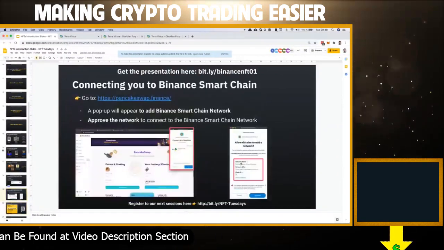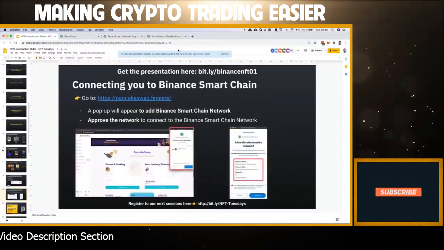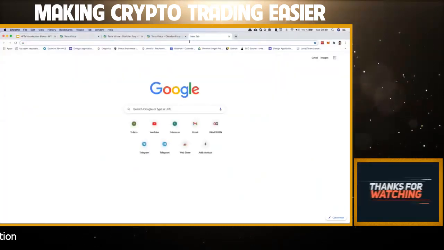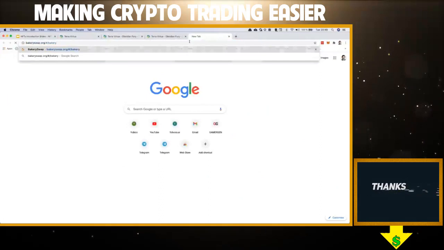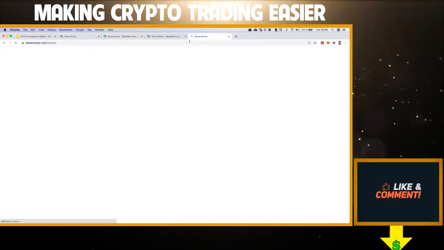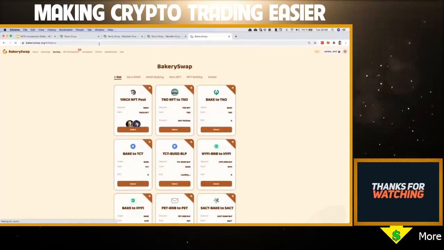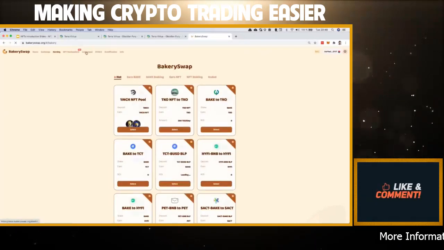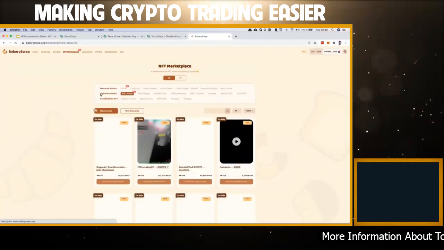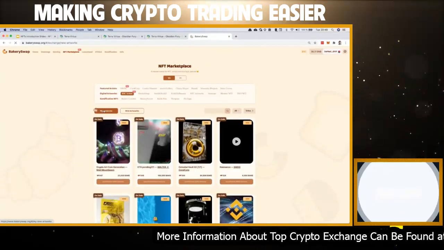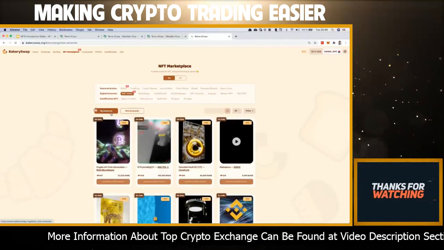Then, let's begin to create our first NFT together. So I'm going to go inside Bakery Swap. Bakery Swap is great to create NFT. It's a platform that has been done for that. I'm sorry for the loading time. It's gonna come off really fast. And so inside of it, you have an NFT marketplace. And you're going to be able to create NFT for really a small amount of money, and we're going to do one together right now.